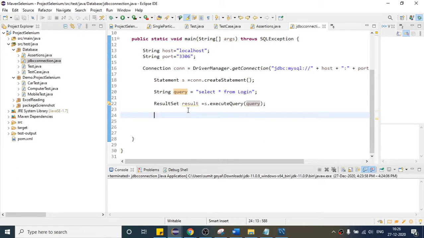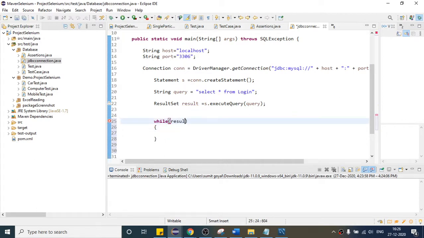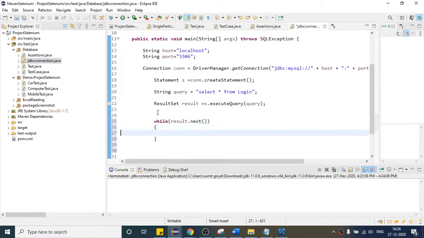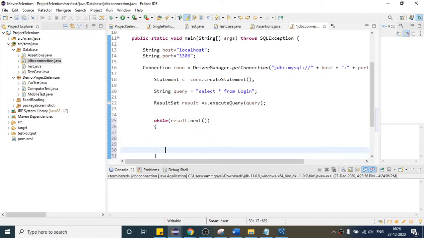Okay, so here is my result. If I want to print all the results, I will use one while loop and write result dot next. Let me explain what it will do. Inside that, what we have to print. If I want to first print the username, how can you get it?